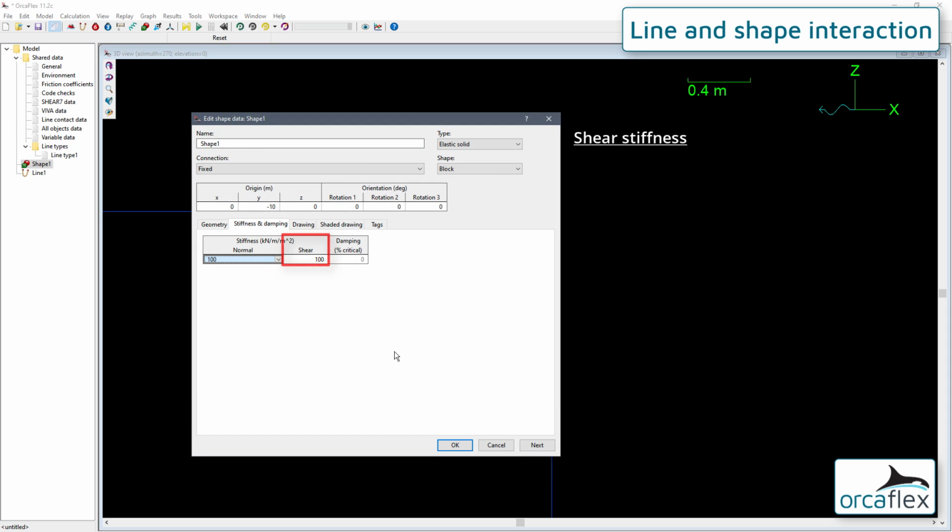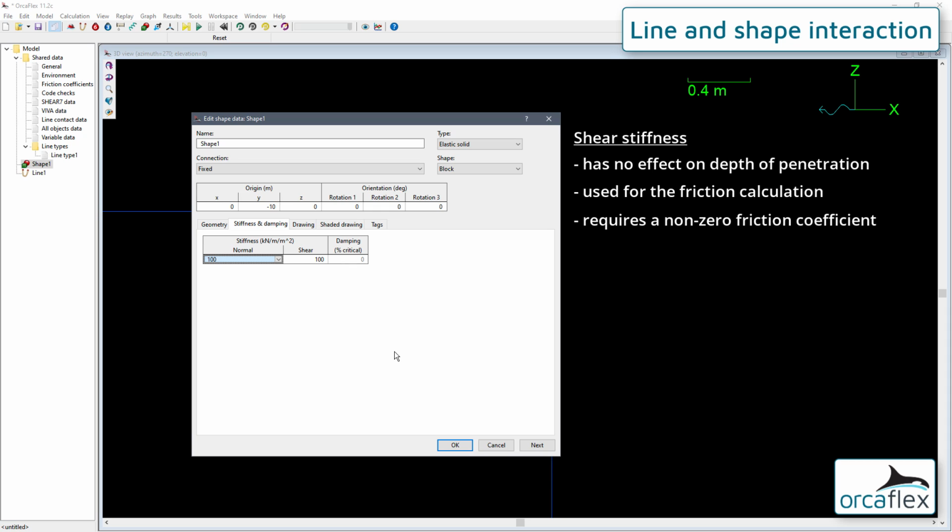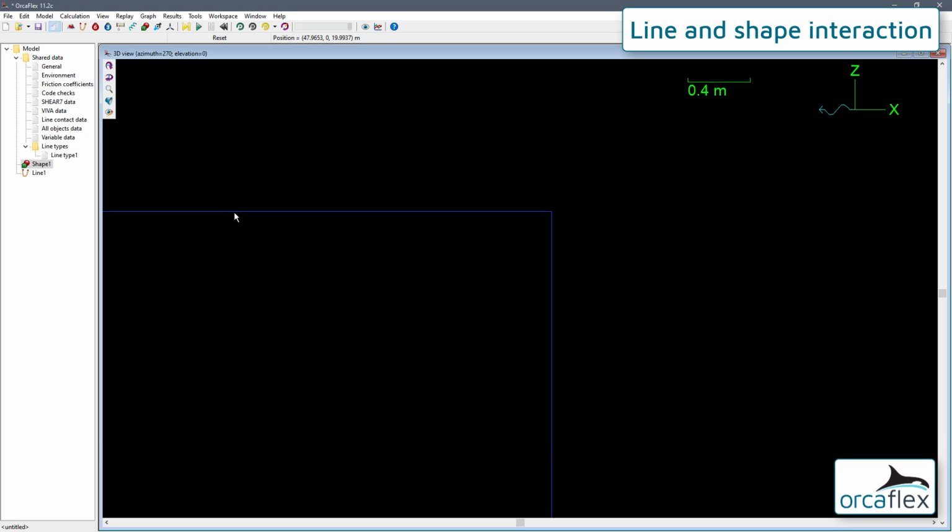Note that there is also a shear stiffness value on this page. This doesn't impact the depth of penetration, but is used for the friction calculation. It will only influence the behaviour of a line in contact with the shape if a friction coefficient is also defined on the friction coefficients data form we saw earlier.